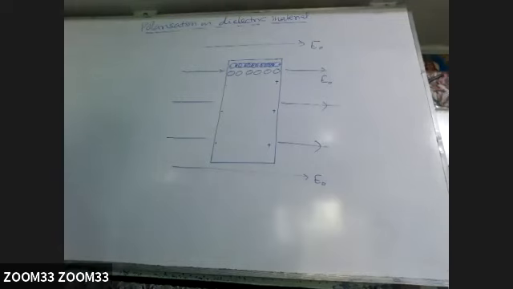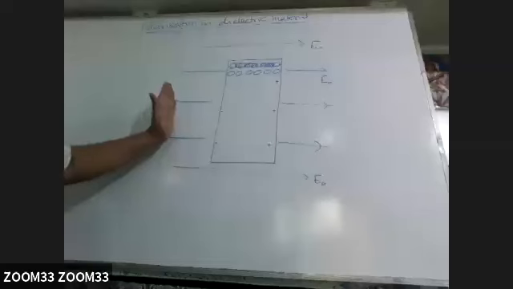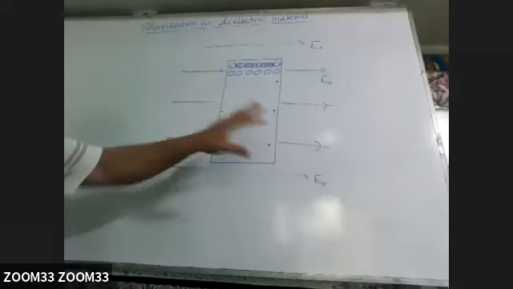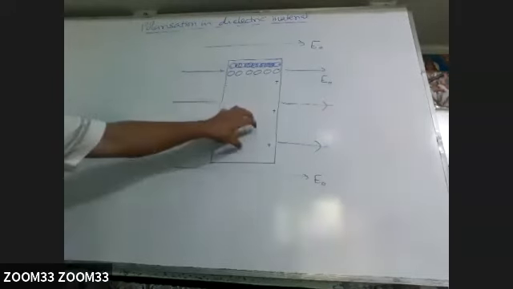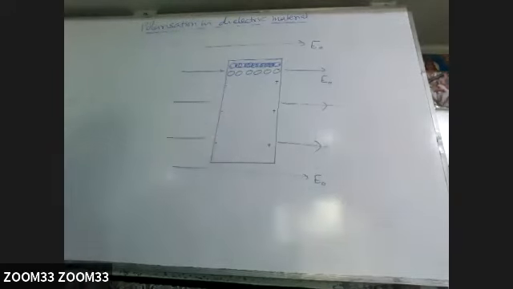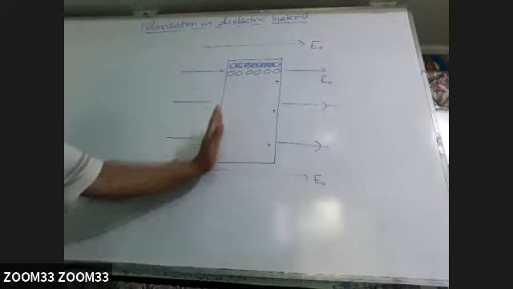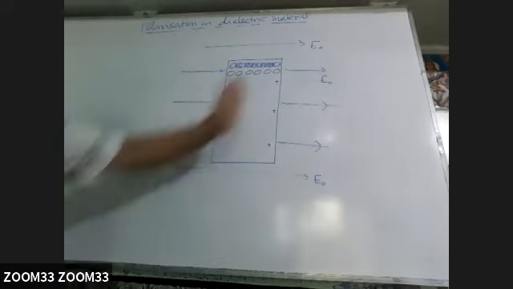Same in the case of a metallic plate also. But what will happen in the metallic plate? Whatever field you are developing here, the same amount of field will be developed in the opposite direction. So inside the metallic plate, the net field becomes 0. But here, the charge which is acquired by this plate will not be the same as the source.